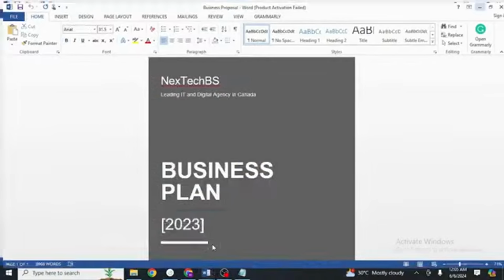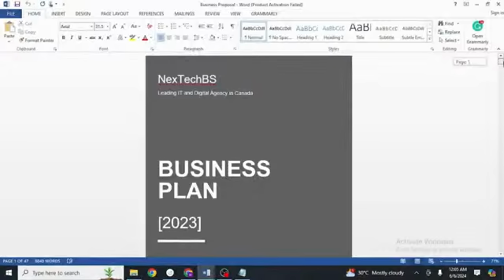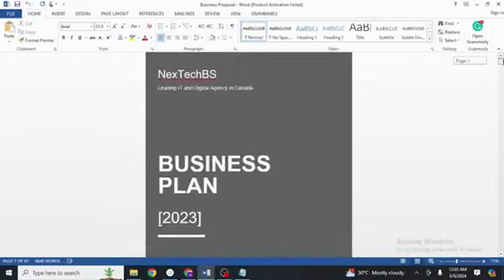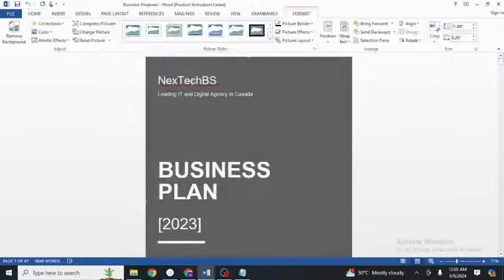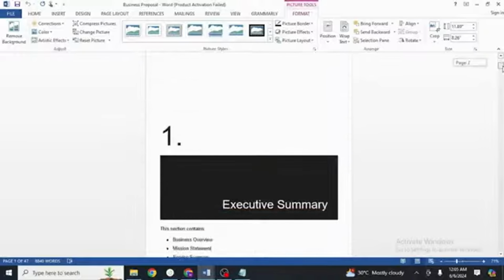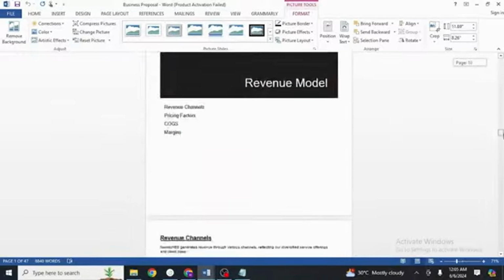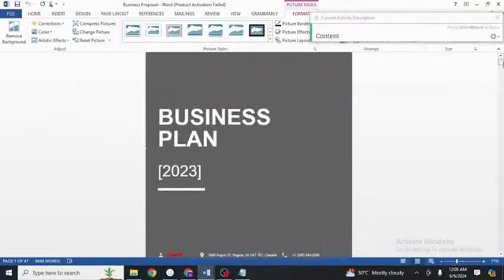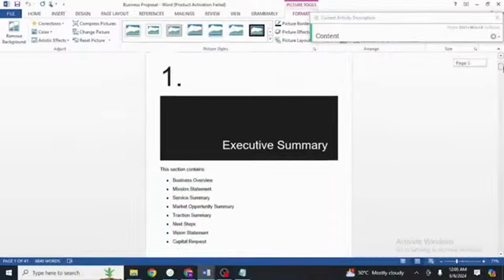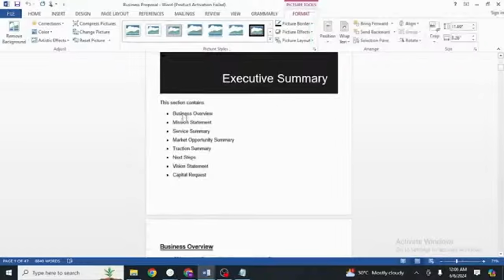Okay, then, as I discussed technical content earlier, a business plan is a part of technical content. Let's say this is a company. A business plan is lengthy content. Sometimes we have business plans of 25 pages, but mostly it is descriptive content. It has all the sections: business overview, mission statement, services.